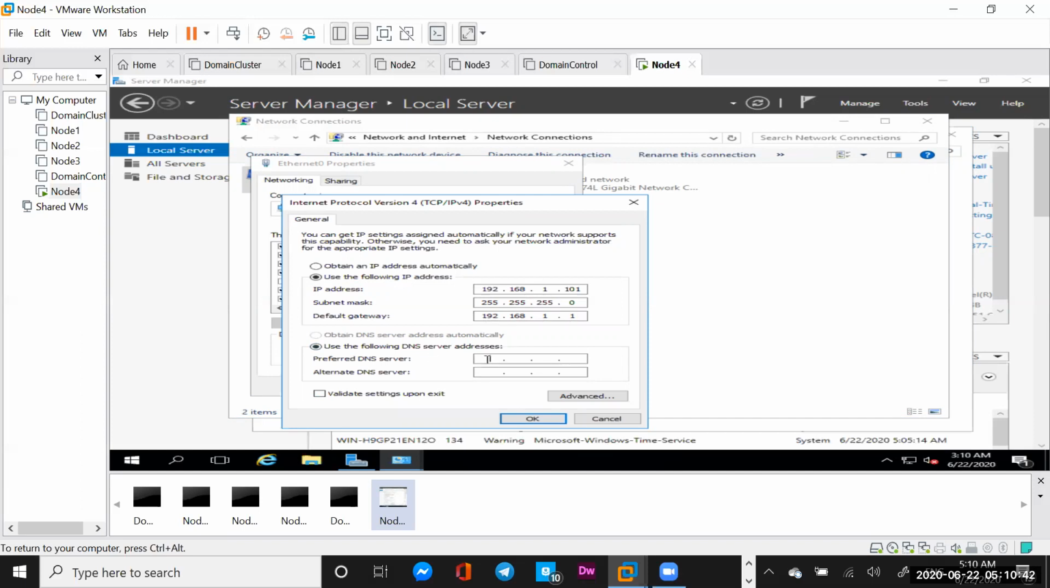Now here is the difference. For that one we use 127.0.0.1, but this one is referring to the domain controller, so we have to give the same IP address as the domain controller. The IP address of the domain controller, 192.168.1.100. That is the IP address of the domain controller. Okay,